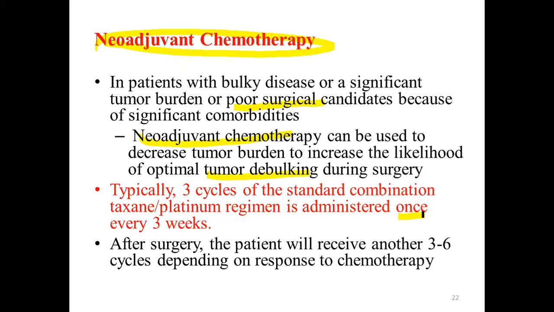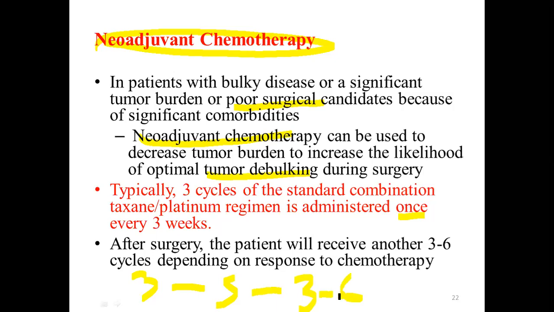Then after doing so, you are going to continue another 3 to 6 cycles of the same chemotherapy regimen. So you give 3 cycles, then surgery, then after that 3 to 6